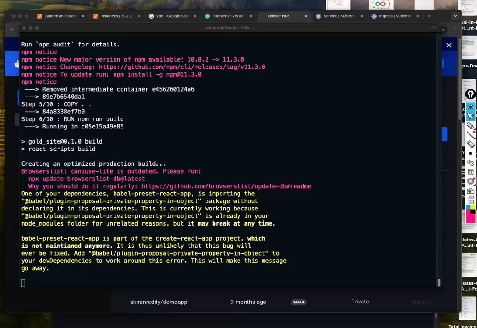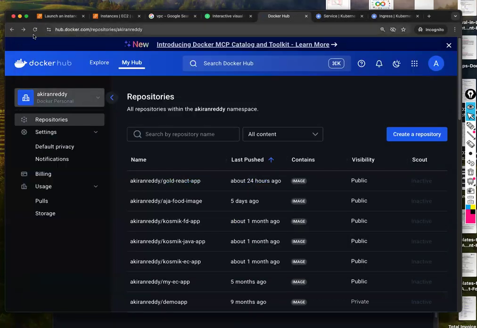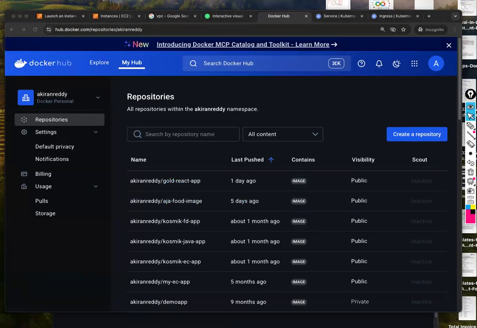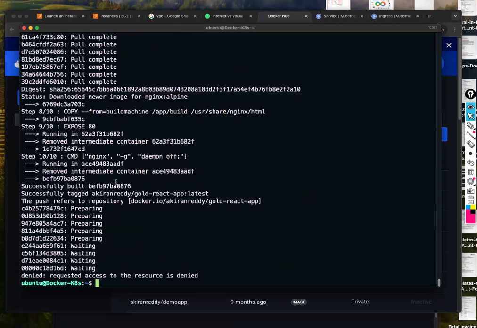So it's almost done building the image, guys. And here also pay attention. Last push 24 hours ago. We'll just give it a quick refresh. 1 day ago. So no change till now, no problem. Waiting. Denied: requested access to the resource is denied. Okay, so looks like I did not log in